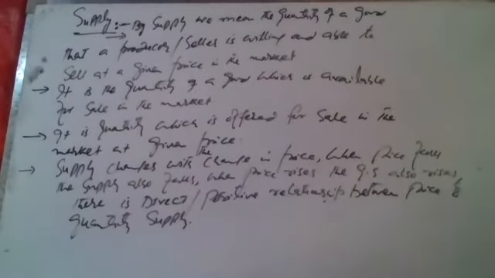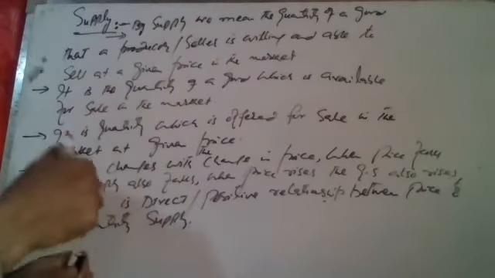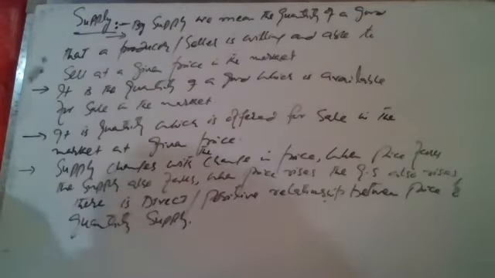This is all about the meaning of supply. Supply is the quantity of a good that a producer or seller is willing and able to sell at a given price in the market. So ये ऐसी quantity है जो बाजार में दस्तयाब है सेल एंड परचेज के लिए, जो ऑफर की गई है, जो सप्लायर्स ने तैयार रखी है कि हम तैयार हैं ये क्वांटिटी बेचने के लिए, इतनी क्वांटिटी हम बेच सकते हैं एट द गिवन मार्केट प्राइस।